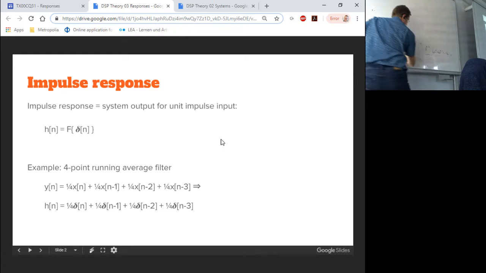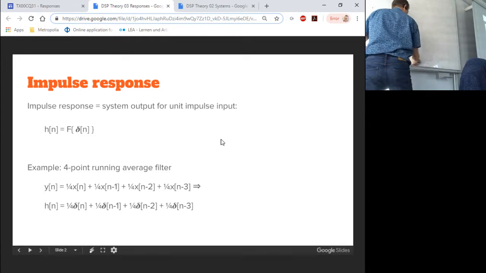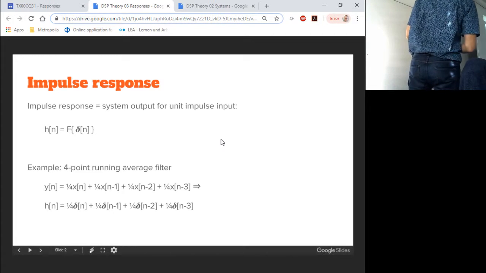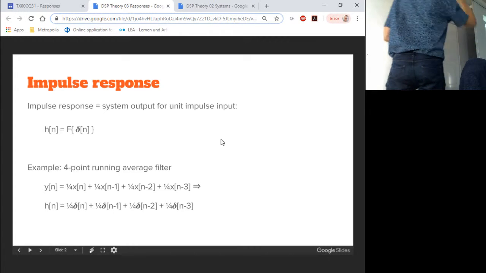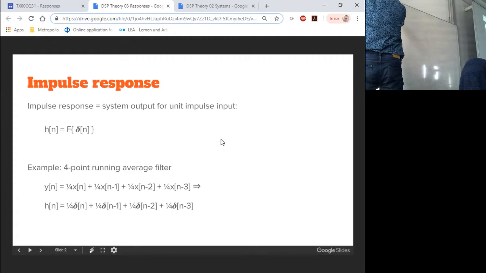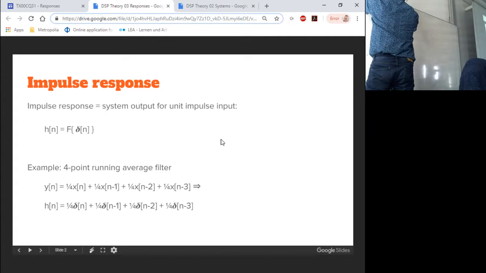New table. Fresh start. Impulse response. Okay. Impulse response is actually a way to calculate the output. Why do I have the Fourier transform from delta? No, I would actually not do Fourier transform. So, impulse response. It's simply